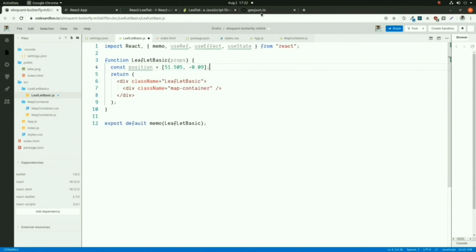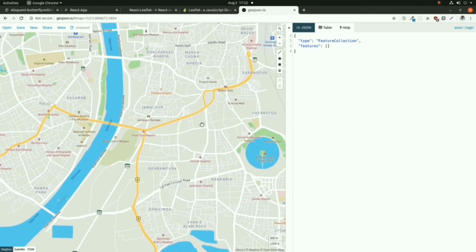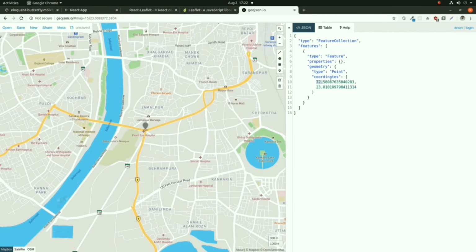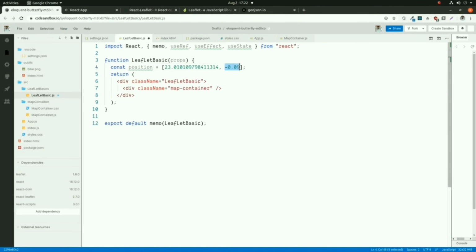Now to take this position, there is one website, geojson.io. In that I can take the initial position of my map. So this is the latitude that I will just copy and paste, and this is the longitude that I will copy and paste here.